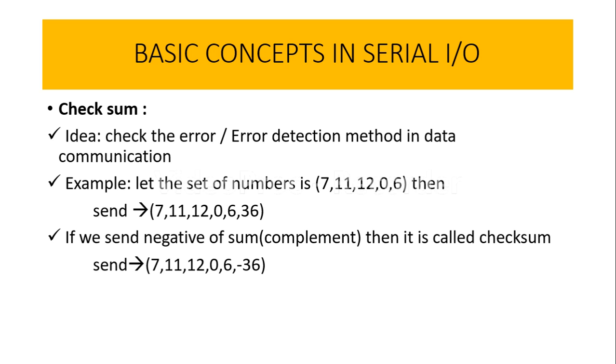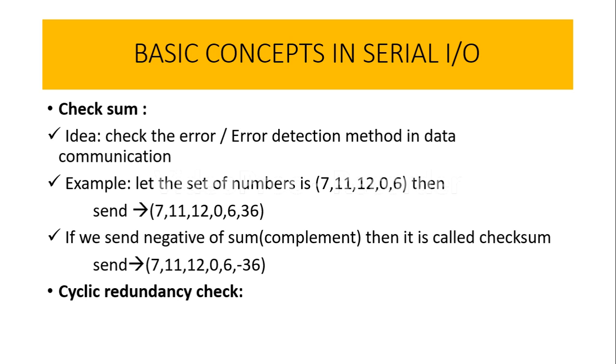And if there is a mismatch, if the output is a non-zero number, then we consider that some kind of error is detected, and we can ask the sender to retransmit the data. Okay, this is about the second error checking method, called checksum. Hope you have understood. Then the third one comes in the form of